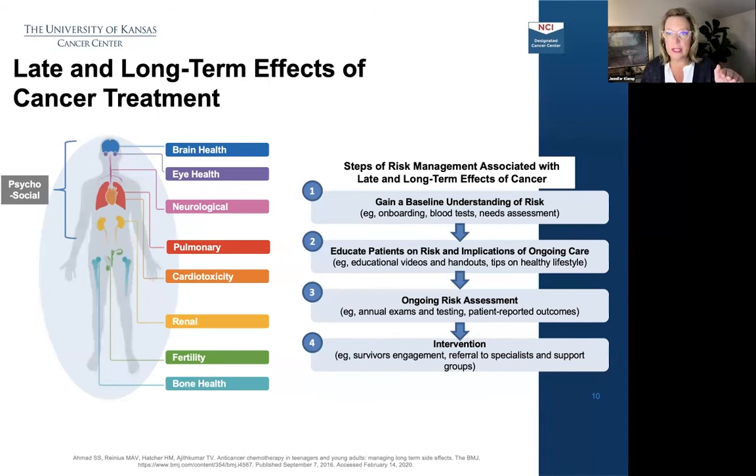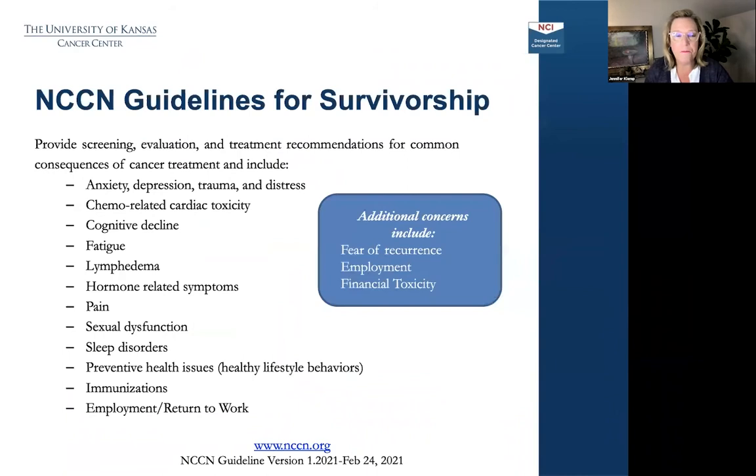Sure, you can assess them at baseline, but you need other time points that make sense per disease state, per needs that you've identified in the patient. And do you have effective interventions? I just really have a problem when we do these needs assessments, or a comprehensive risk assessment, we identify opportunities, but we don't have those next steps. So anything that we're asking about, anything that we are hoping to assess and manage in our patients, we do need to have virtual, in-person, community-based, some sort of intervention or resource available to the patient.